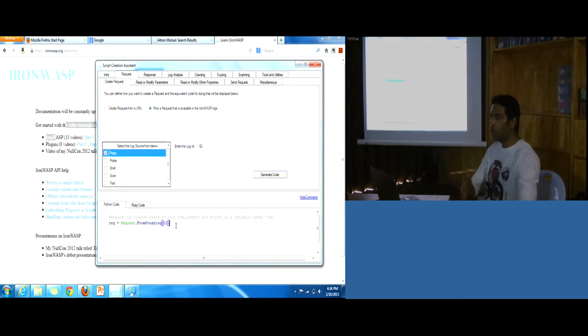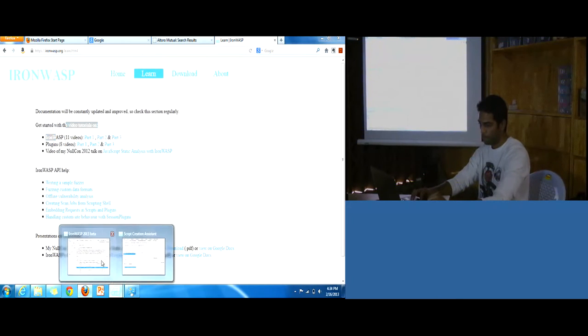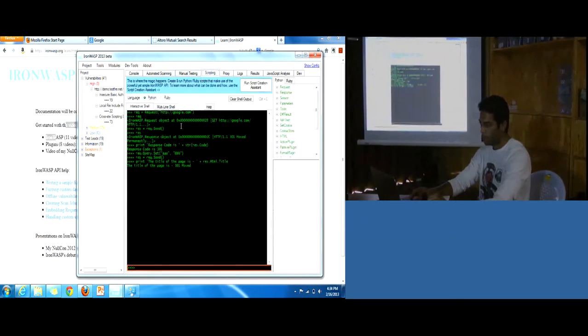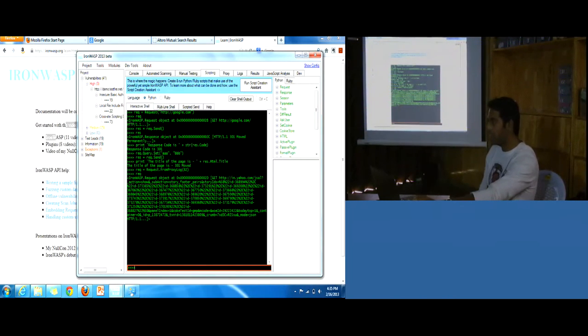Now it gives me the code by which I can create this request. So let me copy this. Okay, so now I have request.from proxy log, and the log ID is 82. Now this request object is an exact representation of the request which was available in my log.